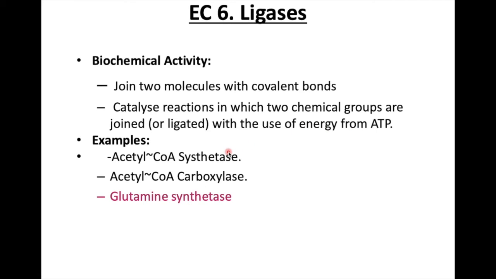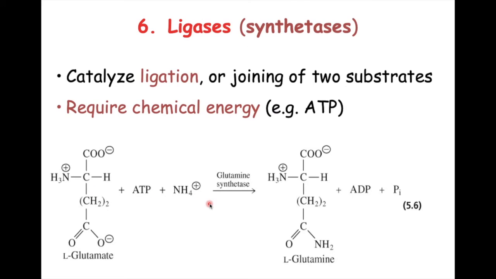An example is acetyl coenzyme A synthetase. In this, acetate combines with the coenzyme with the help of ATP, and then it forms acetyl coenzyme A. The enzyme involved here is acetyl coenzyme A synthetase. Another example is acetyl coenzyme A carboxylase and glutamine synthetase, which catalyze the ligation, that is the joining of the two